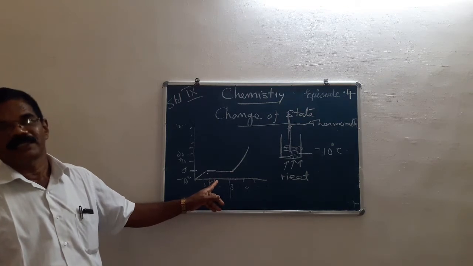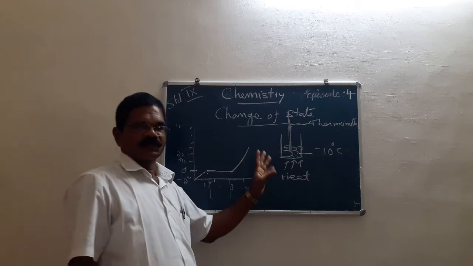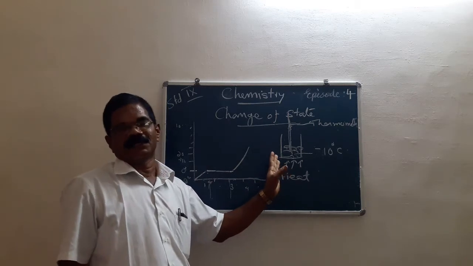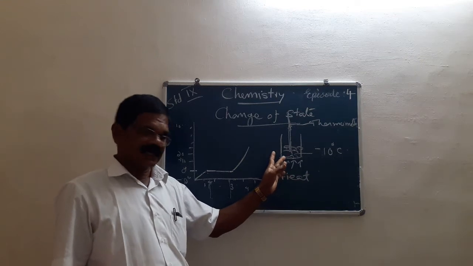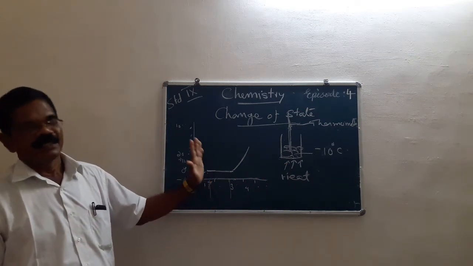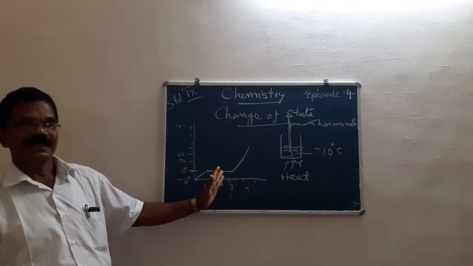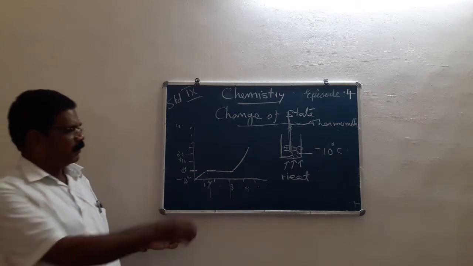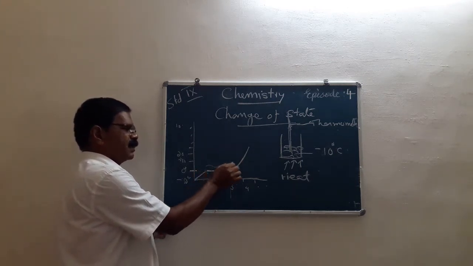Heat is a form of energy. We can remember that on heating, the particles of ice absorb heat. What are the particles of ice? The particles which make up ice are H2O molecules themselves. The H2O molecules absorb heat and it melts. But no variation in temperature is shown in this part.